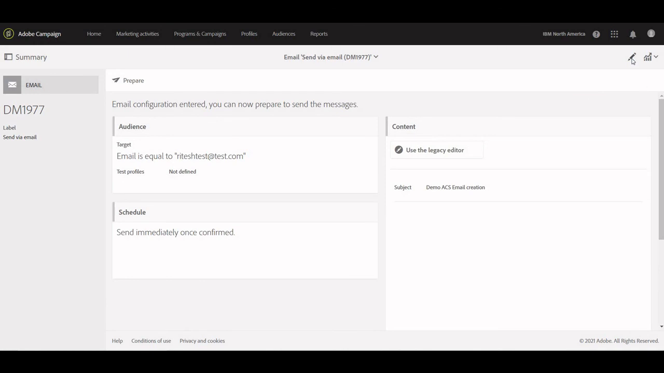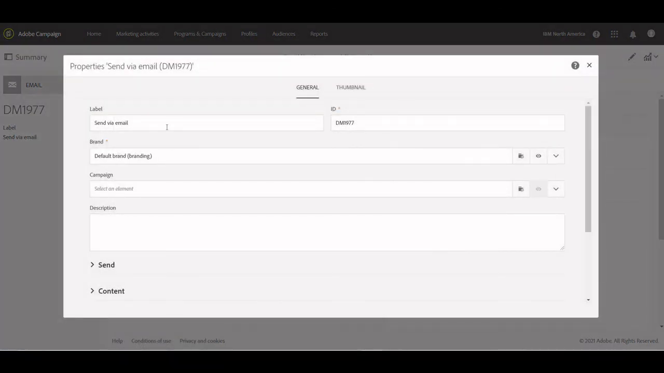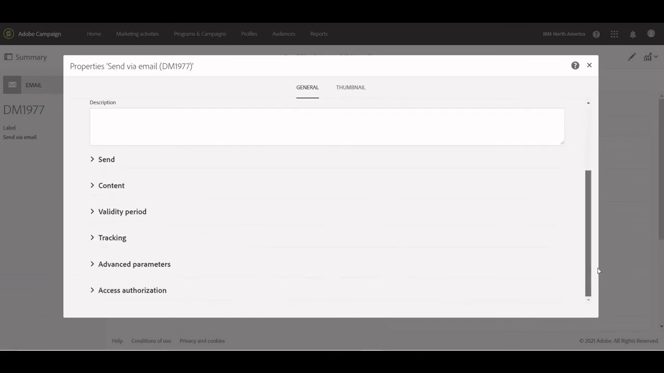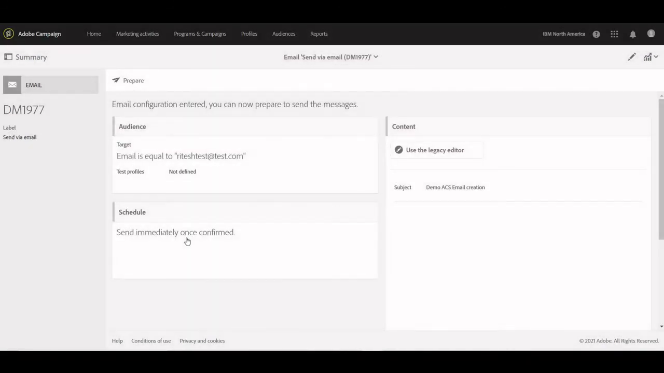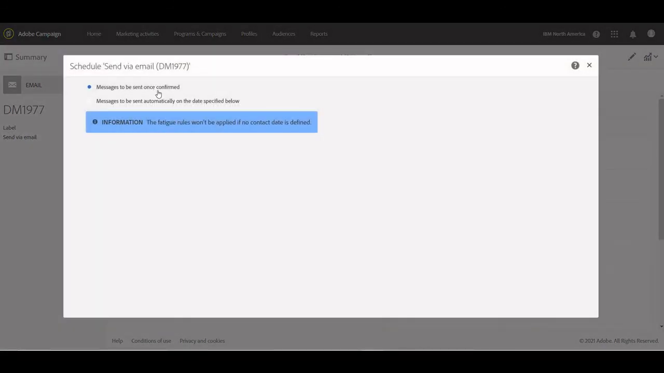Now we can actually edit it again if we want to make any changes. For example, if I want to change the label, or my ID, or the campaign I had selected earlier, I can change it. Other information is also available here: tracking, validity period, content, etc. And I can schedule it then. So basically we have two options available. The first one is